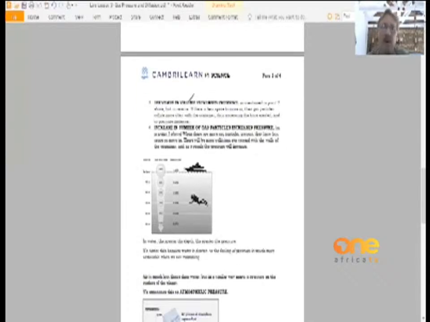If we decrease the volume, we increase the pressure. As we mentioned in the previous point, but in reverse. If there's less space to move in, the gas particles collide more often with the container. That increases the force exerted, and so the pressure increases. Lastly, if we increase the number of gas particles, we increase the pressure. So, what we can say in conclusion is that pressure